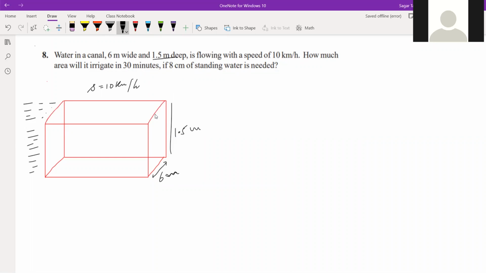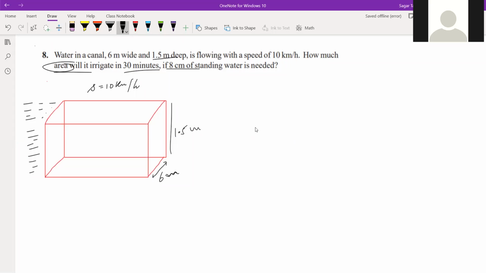So obviously, out of this, the water is extracted and used for irrigation purposes, and the area is irrigated in 30 minutes, and 8 centimeter of standing water is needed. So how much area they are irrigating in 30 minutes, where the height of that standing water will be